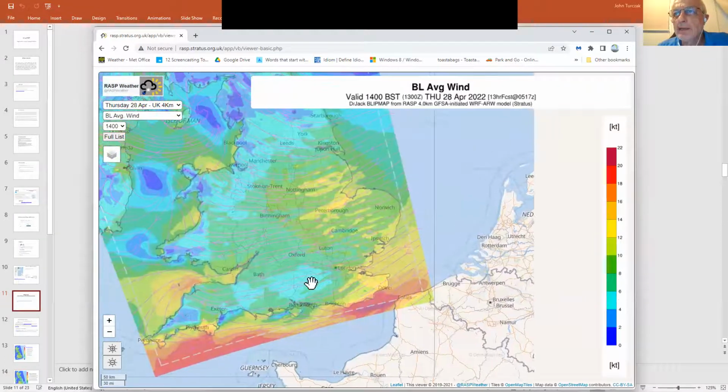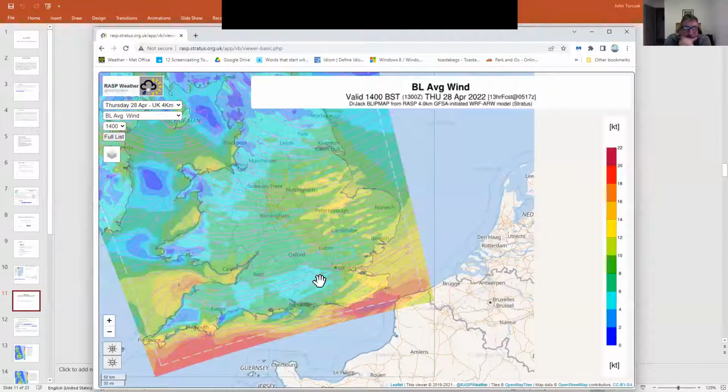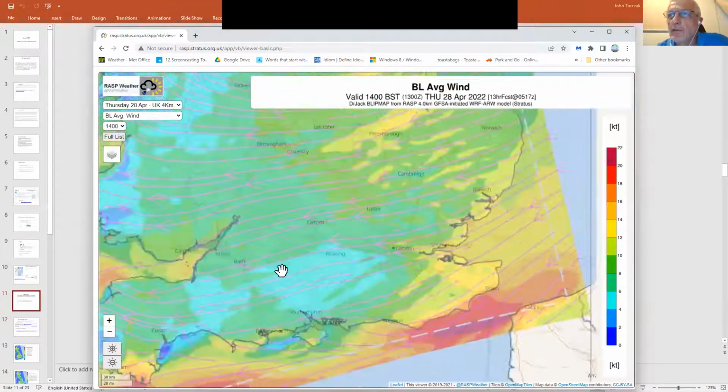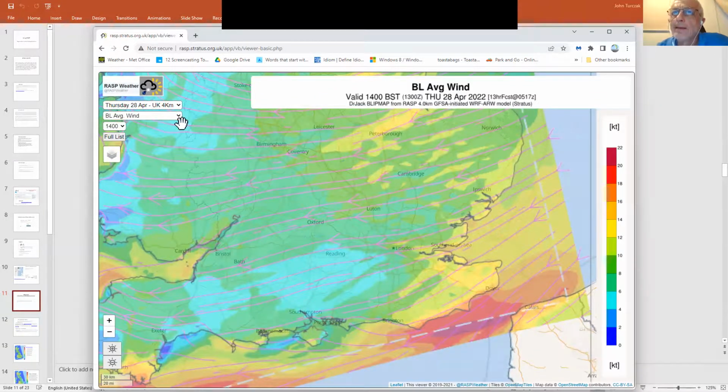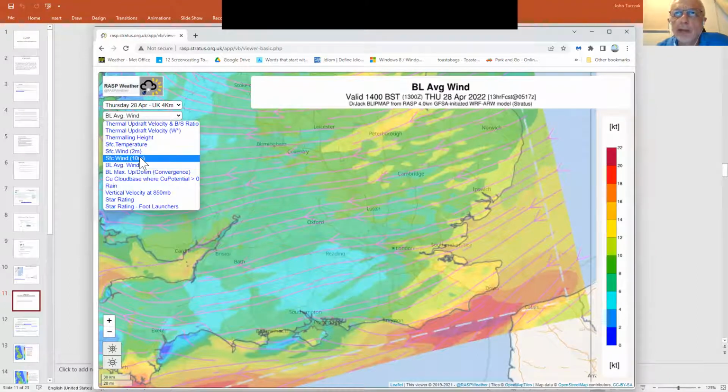What this basically does is it looks at, it does what it says. It averages out the wind vectors through the air mass you're flying in and gives a good average of what you can expect the wind strength and direction to be at the height you are flying, basically at a sort of cross-country height rather than hill height. It's very relevant if you're planning to go cross-country,